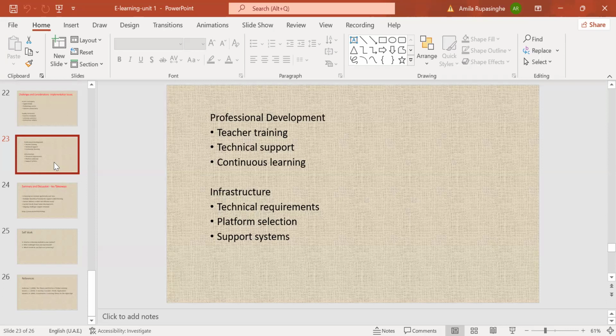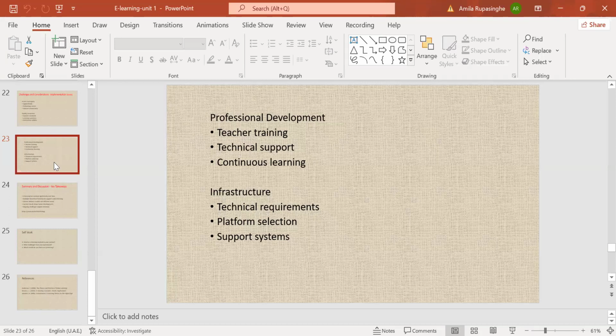And continuous learning is very important because, as I told you, these technologies are always updating and new things will come. So we all have to know about that to continue e-learning using advanced, present and future technologies. That is a challenge because we always have to learn, always have to have teacher training, always have to have technical support.